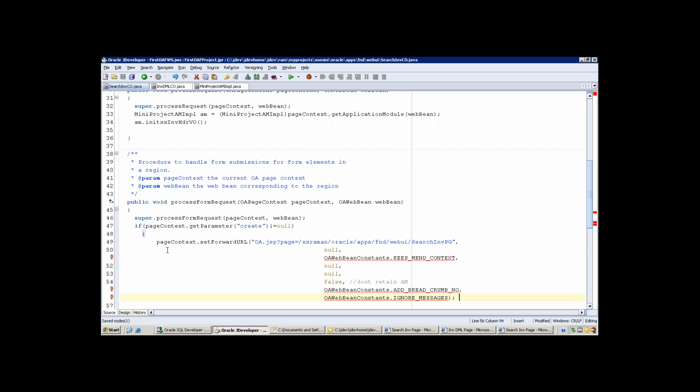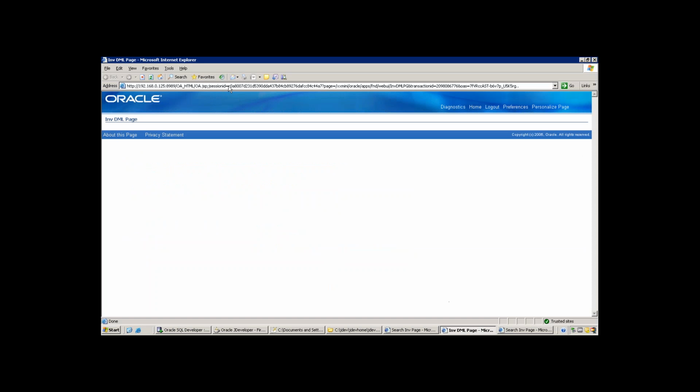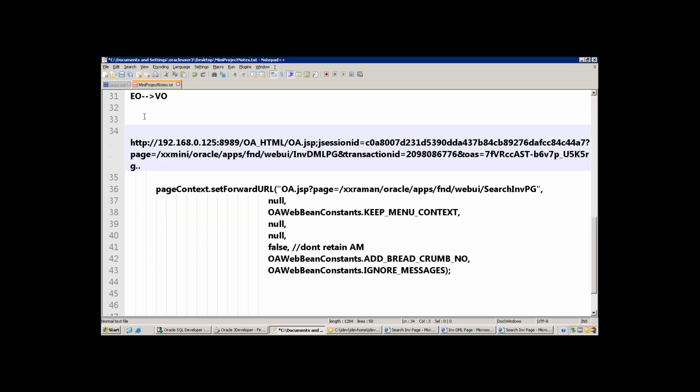Page forward URL. Now we have to mention the page path. In our case, what is the page path of the invoice-DML page? We have run it already, right? So just copy this one. Here it shows the total path, but it does not require all this information. So till where we require is,